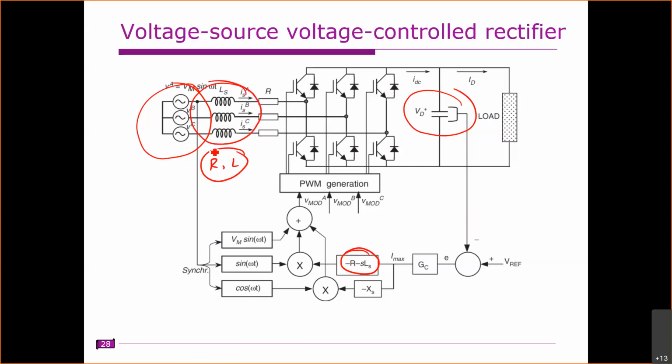If we assume that this is a grid connected system, it is difficult to find out this resistance and this inductance. Normally we insert some additional inductance, but you are not actually aware of how much resistance the grid has and how much inductance the grid is having. So in that case, this gives you some error results. Therefore this is parameter sensitive.